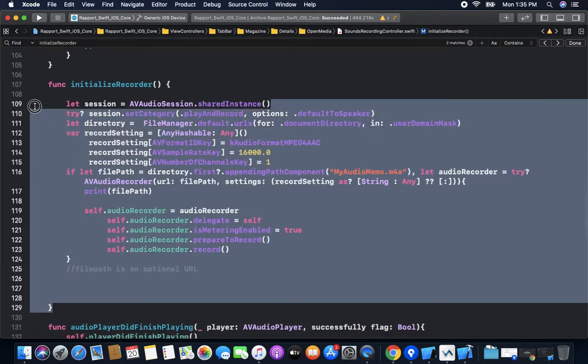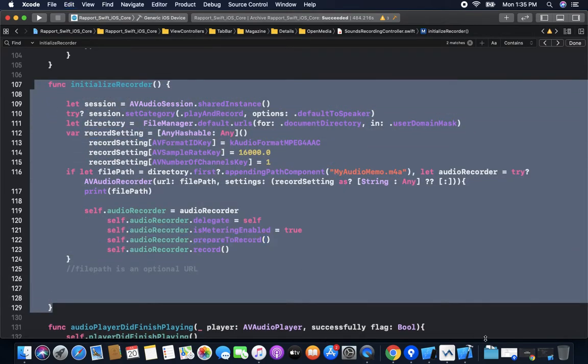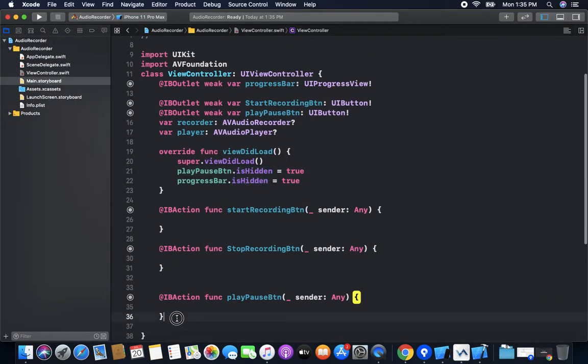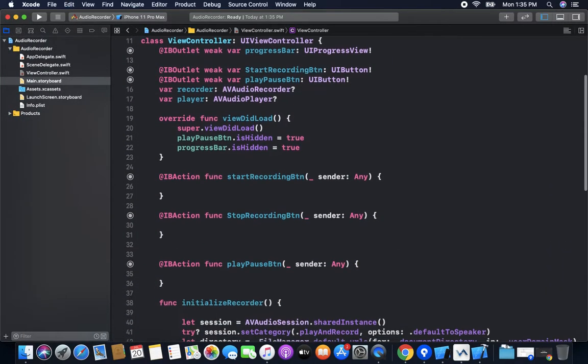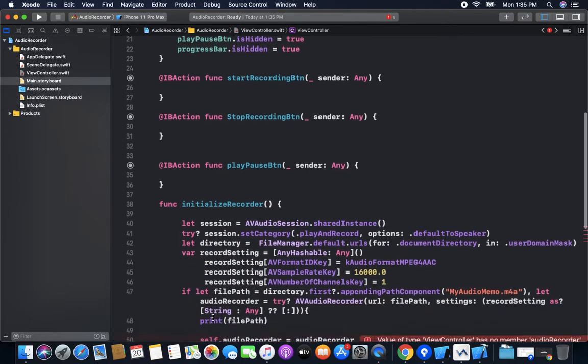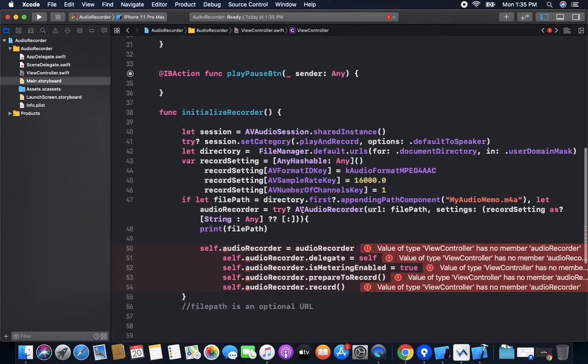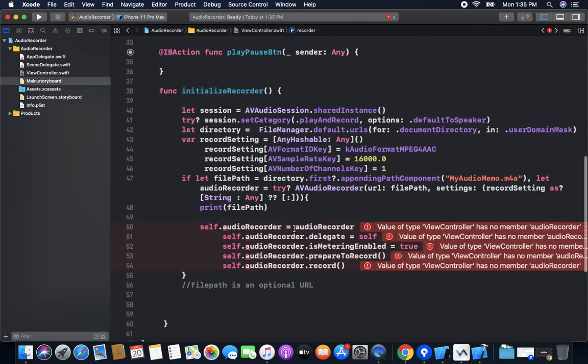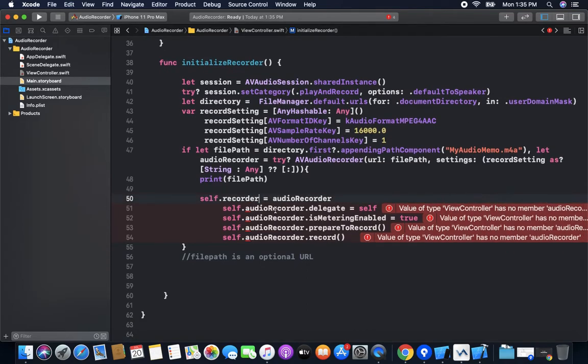We just copy paste it in our code. You can search for any code anywhere in Google, or I will explain what these things are doing. Name it initializeRecorder.